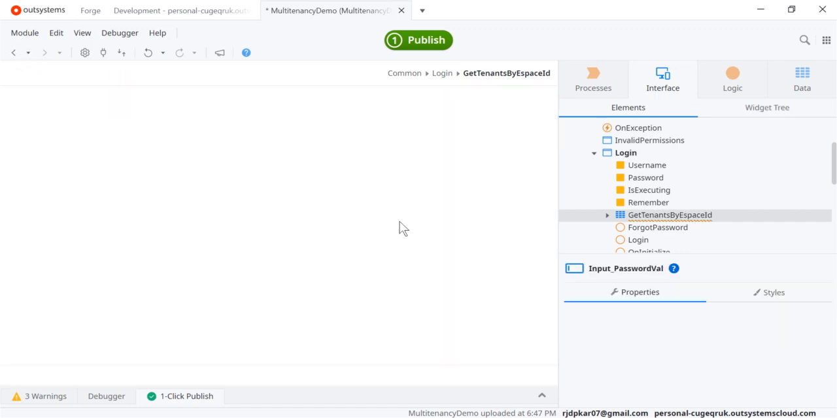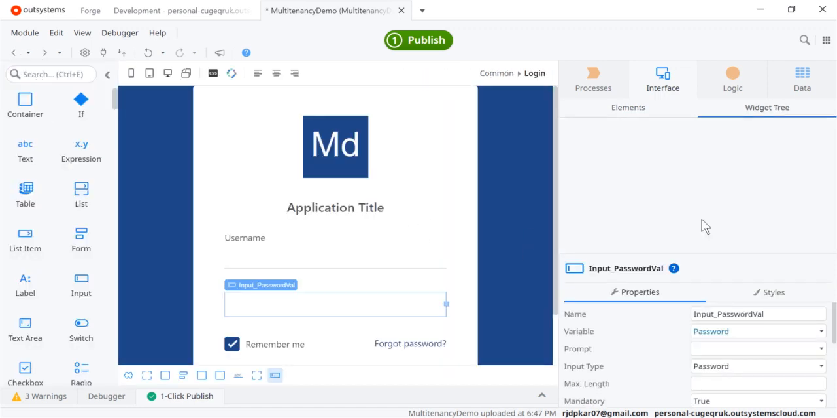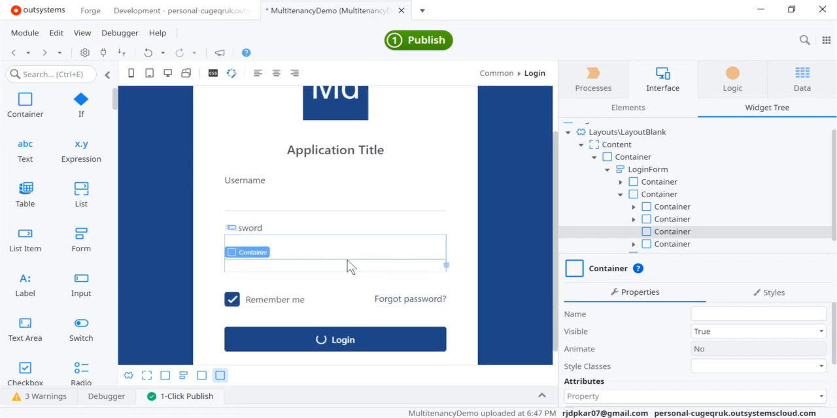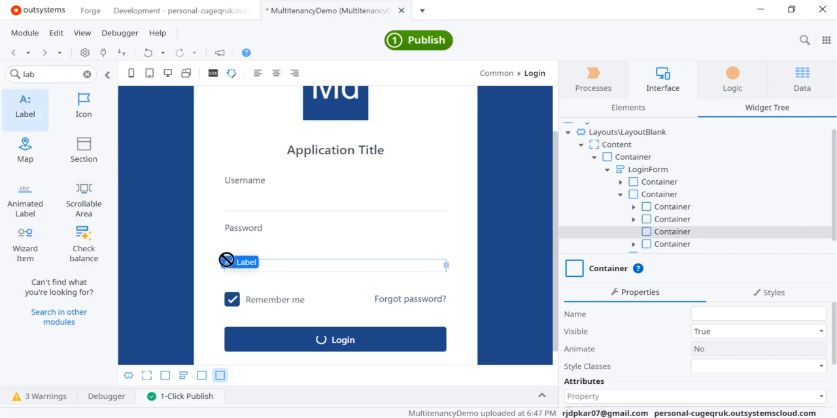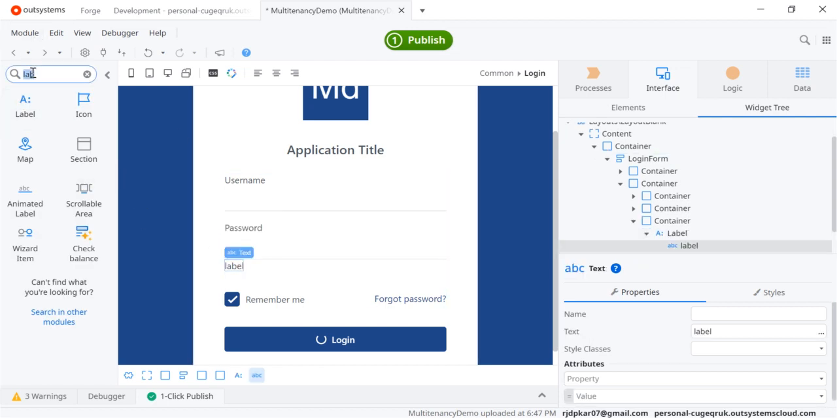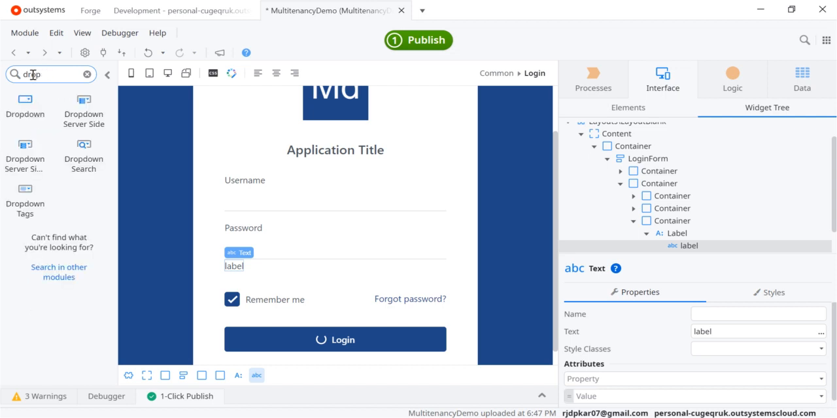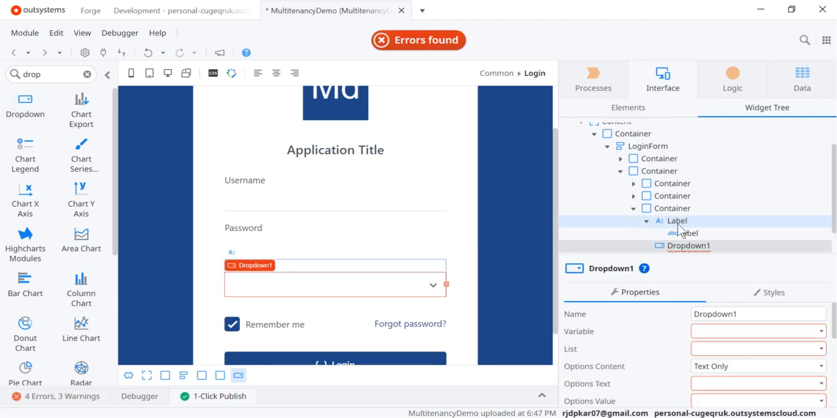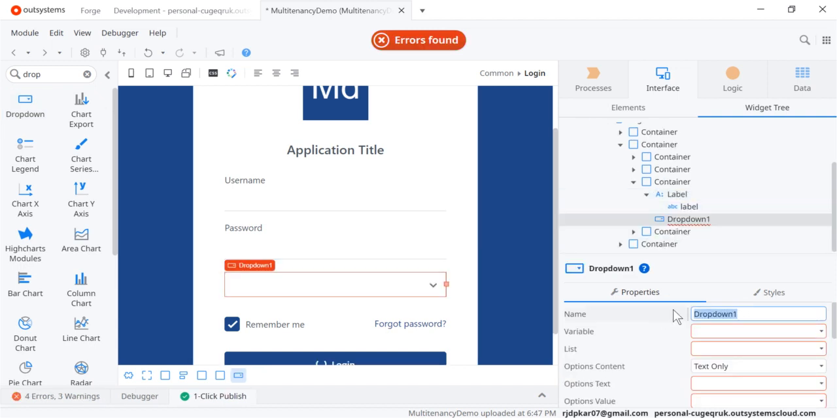Now the next thing, I wanted to create one more container here. I created this container here, and in this container I wanted to create a label, and I wanted to create a drop down. So I'm saying drop down underscore tenant,